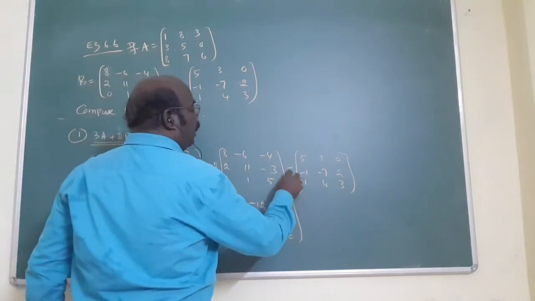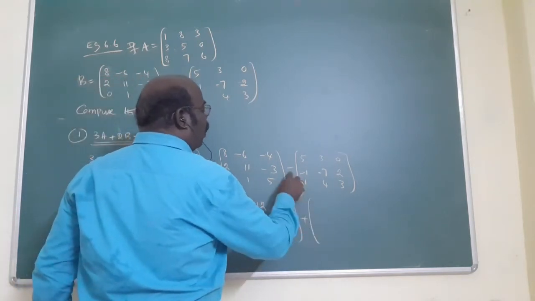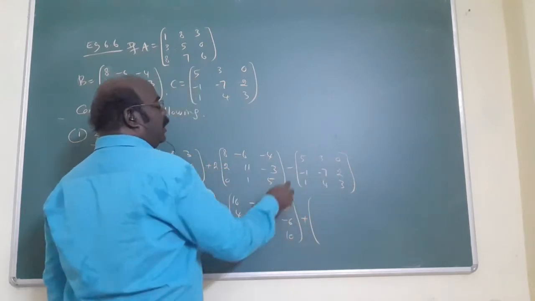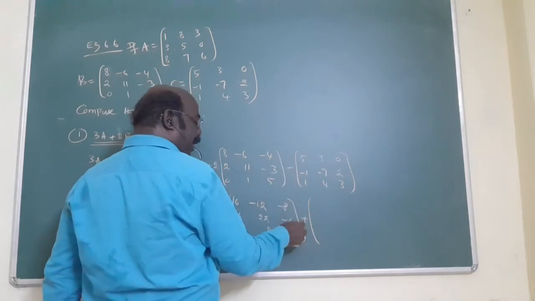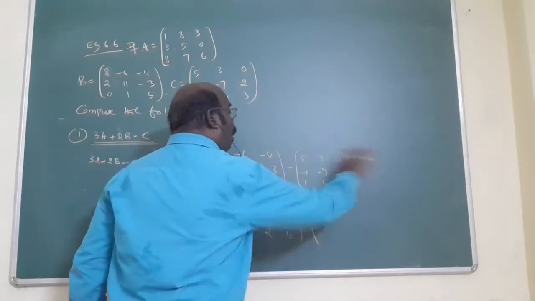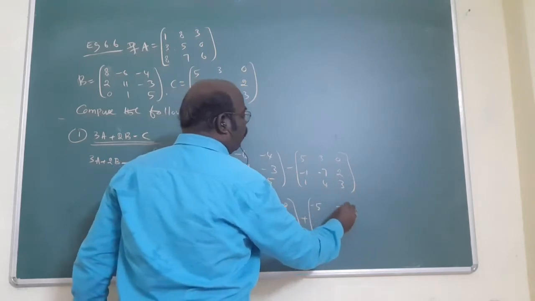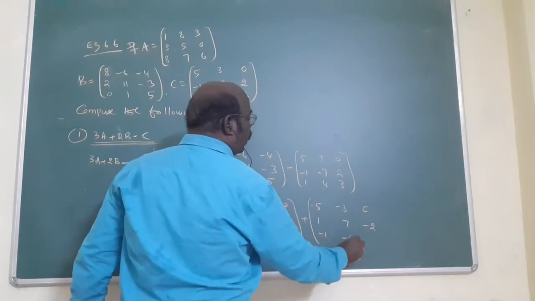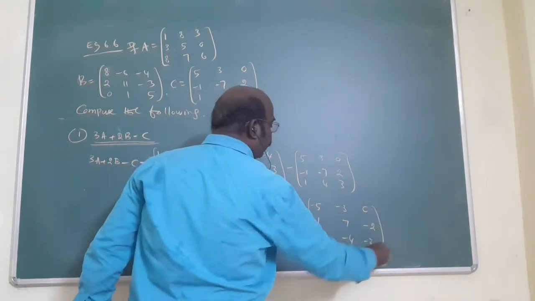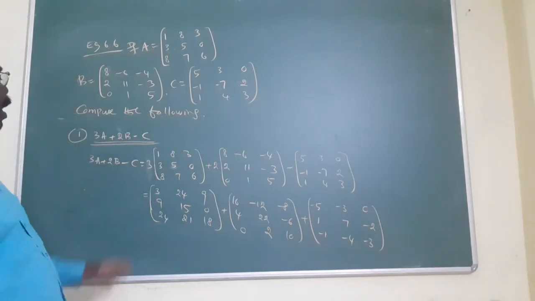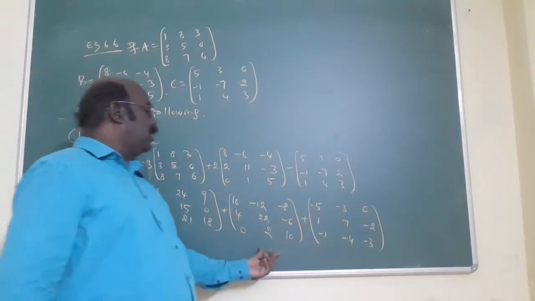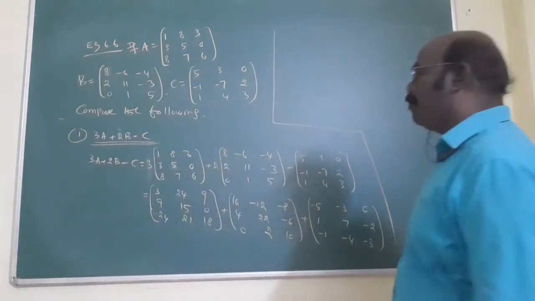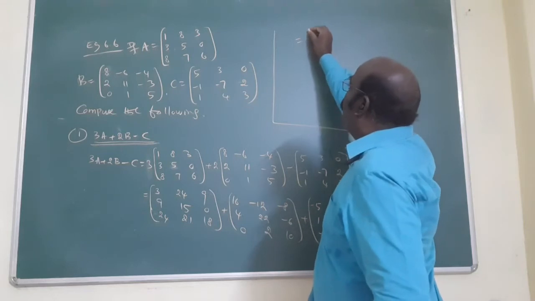Now, in between the minus we put plus, and a known number, that is 1 actually. You want to multiply this by minus 1, because the known number is 1 but we need minus here. That minus is multiplied to all elements, changing the signs: minus 5, minus 3, 0, plus 1, plus 7, minus 4, minus 1, minus 4, minus 3. Am I right? Now, here a 3 cross 3 matrix, 3 cross 3 matrix, 3 cross 3 matrix. Adding all the corresponding elements, we get the answer.